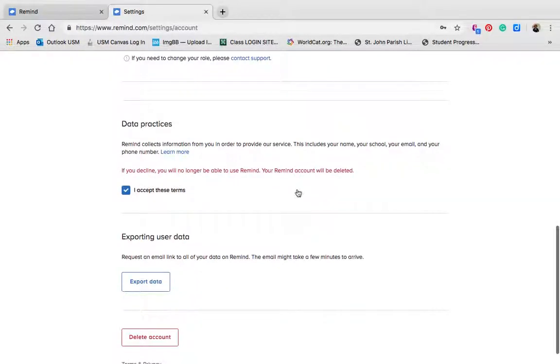Here's data practices, which goes along the lines of your internet usage policy, acceptable use regulations. You can learn more by clicking here. There's certain things that you are not allowed to do on Remind, which goes back to when I